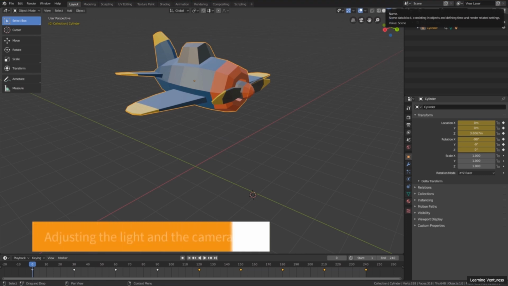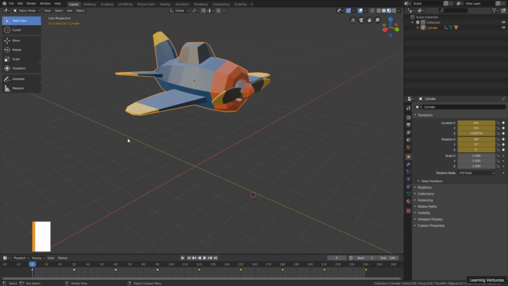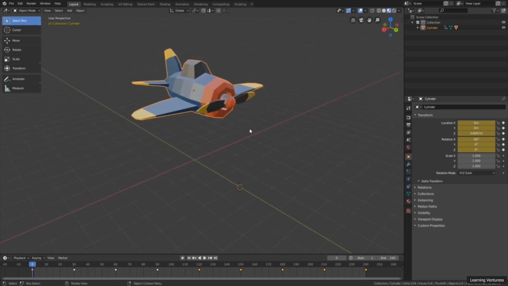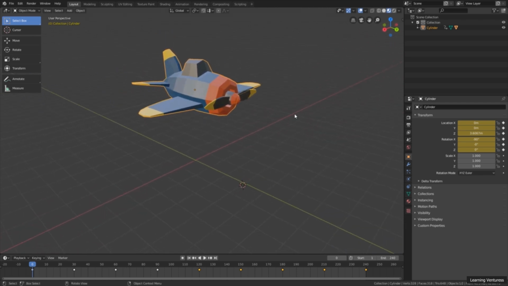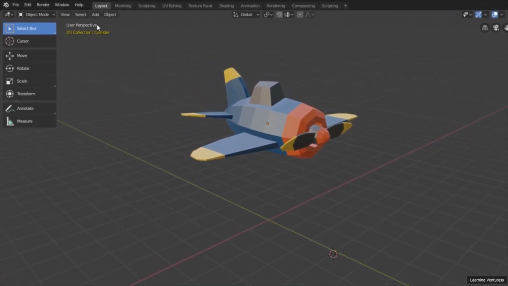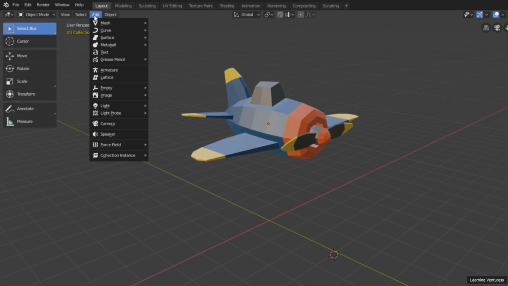In this lesson, we will see how to adjust the light and the camera so that we can create the final video. Let's start with the lighting. As we deleted the default light of the Blender scene at the beginning of the project, we will have to create a new light. And to do that, we just need to go to the Add menu here at the top of the 3D view,